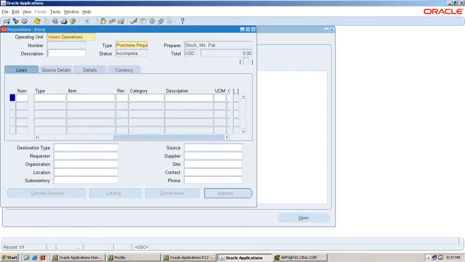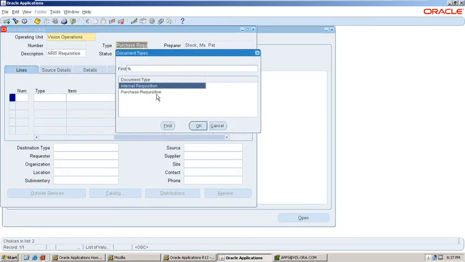Here enter the requisition description. Here you can see there are 2 types of requisitions you can create. One is internal requisition, second one is the purchase requisition.